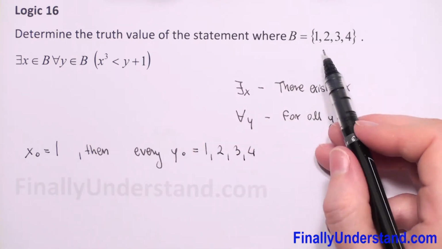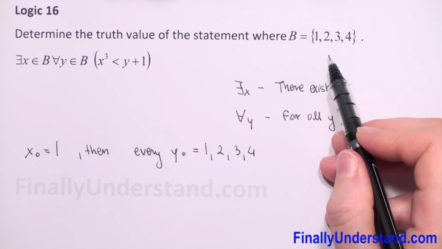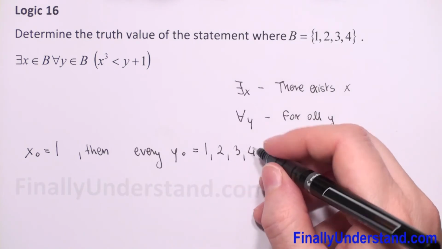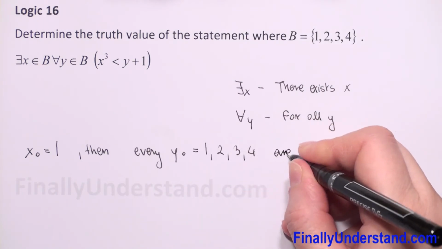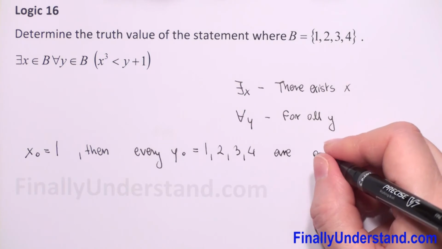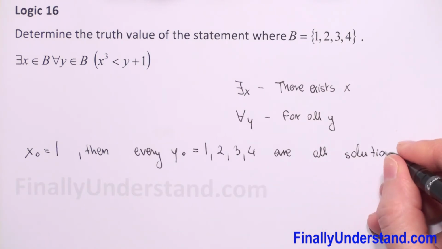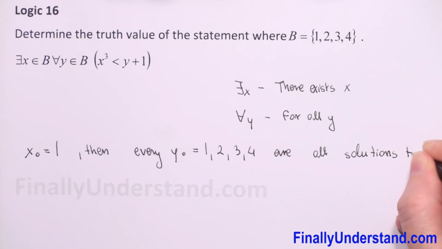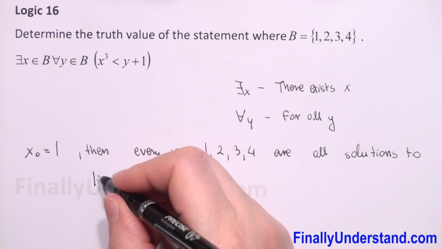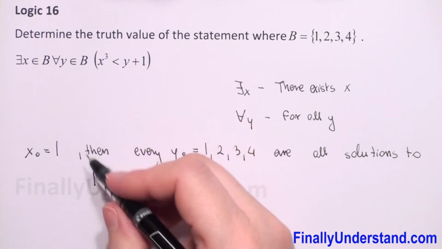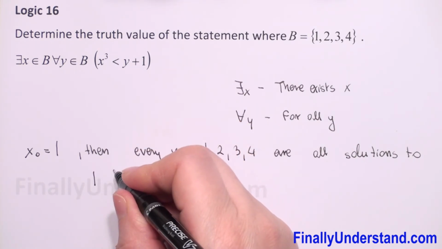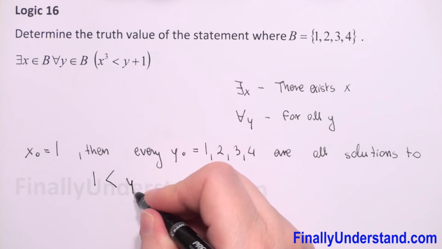We choose Y from set B. Are all solutions to, and we will have 1 to the third power will be still 1, is less than,